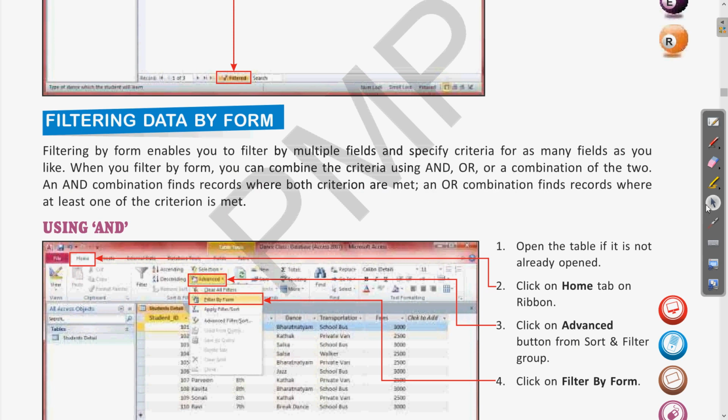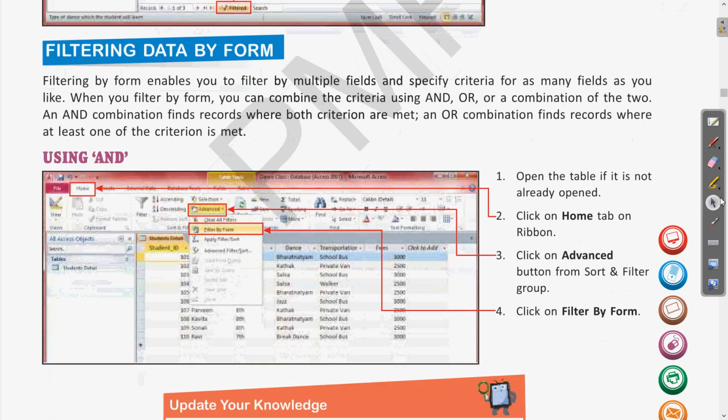Let us read this first, then we will see it practically. Filtering by form enables you to filter by multiple fields and specify criteria for as many fields as you like. What does it mean? Earlier we were filtering on the basis of a particular selection.